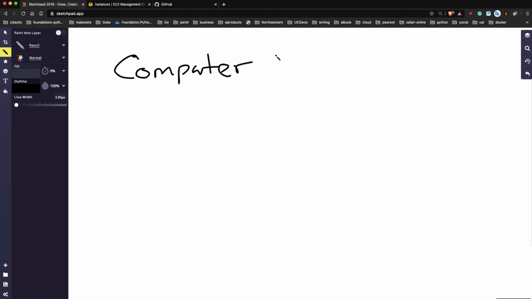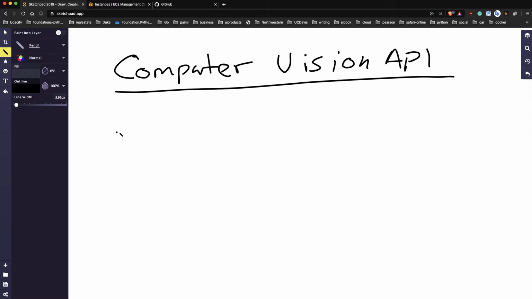So we'll say computer vision API. And you could think of it as complexity would be low. And we'll just say this is complexity. And then high. And if we go through here,